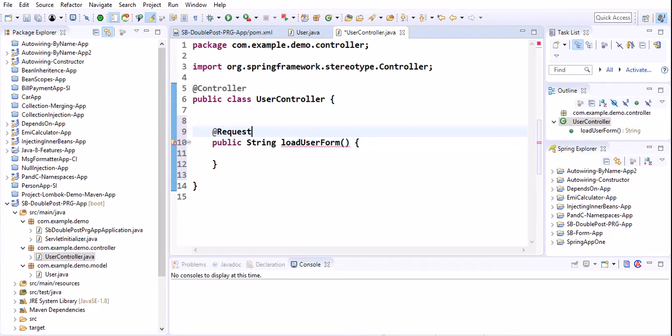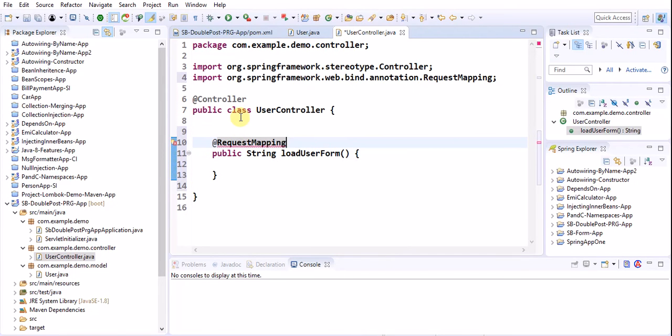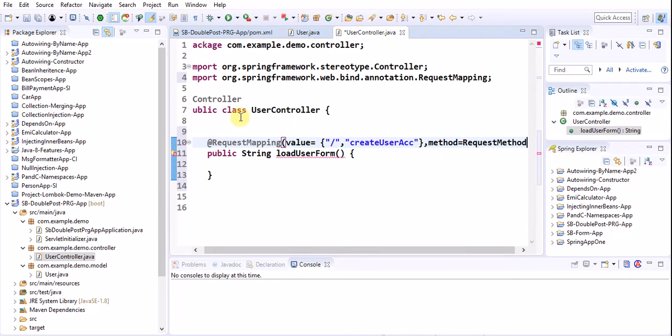Let me bind this method to a URL pattern using @RequestMapping value. One method can be mapped with multiple URL patterns. Here I am mapping with two URL patterns, one is slash, another one is /createUserAccount, and giving method equal to RequestMethod.GET.